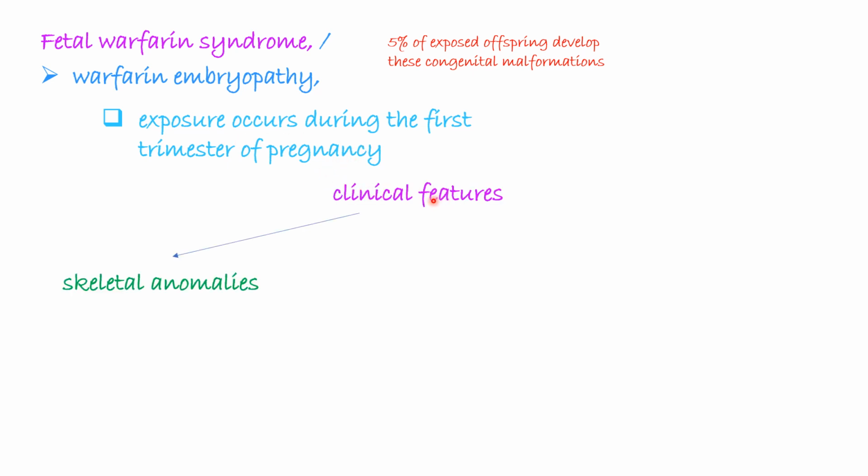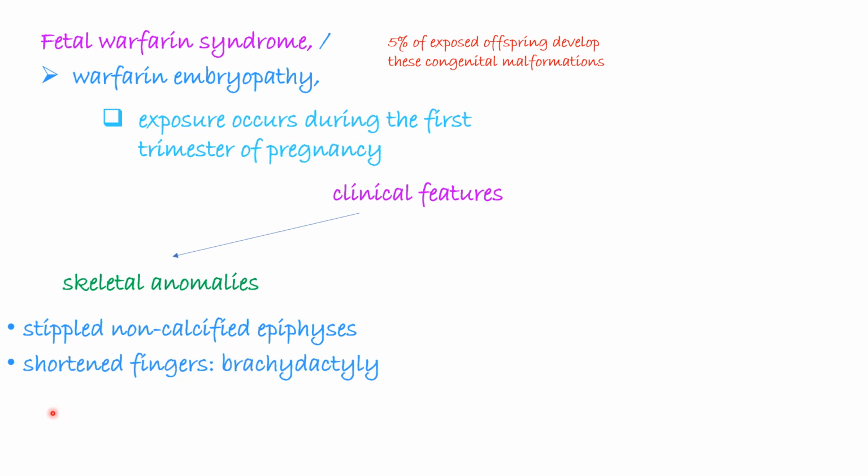The following are the clinical manifestations, and you're going to begin with the skeletal anomalies. Warfarin embryopathy mostly affects the cartilage, or the endochondral calcification. So you'll have stippled non-calcified epiphyses, short fingers, that is brachydactyly, then nail hypoplasia and also